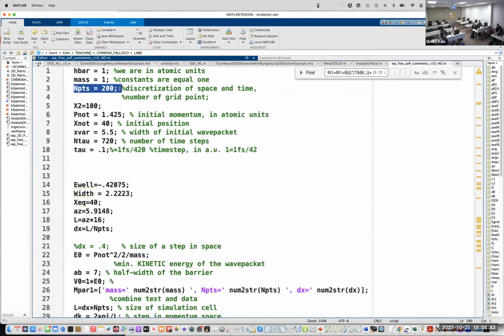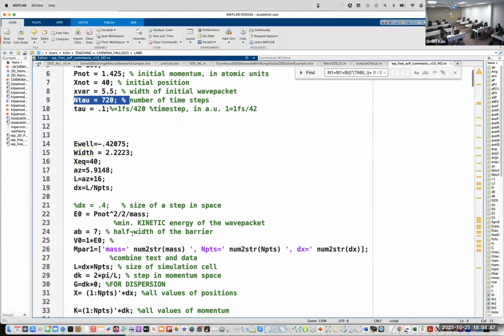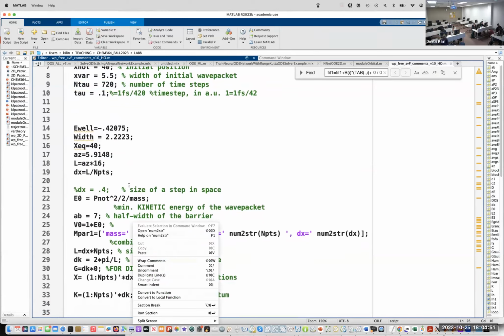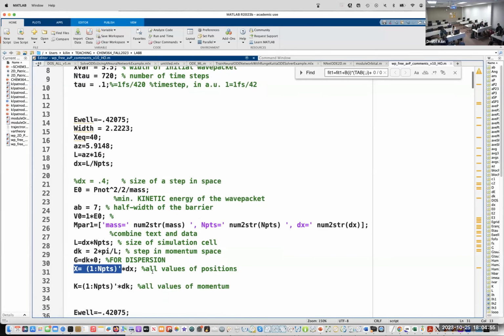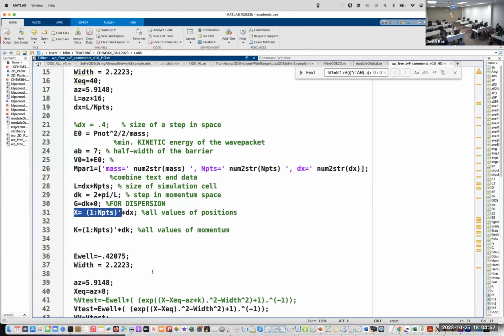We set number of points in space, number of points in time, and then we define the argument of wave function as number of points times increment in space. And then for time, tau is increment in time, and all our expectation values trajectories have a certain length, and they are discrete points.